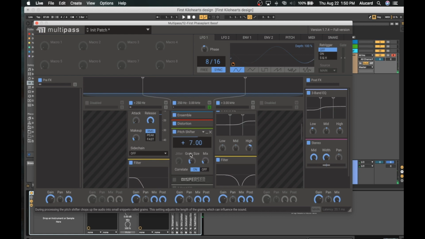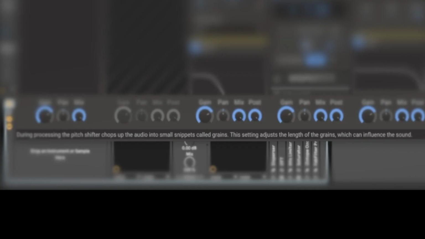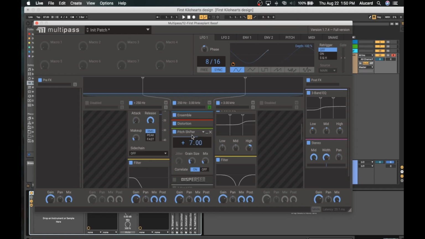Now the pitch shifter is kind of cool because I don't know exactly what it does, but it's almost like a granular resonator. And yeah, you can kind of read the thing at the bottom. What it basically does is it allows you to kind of create some extra harmonics that are tonal within your source sound. So if you listen here,